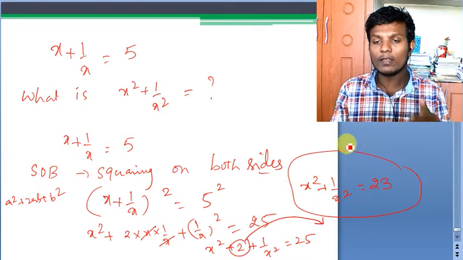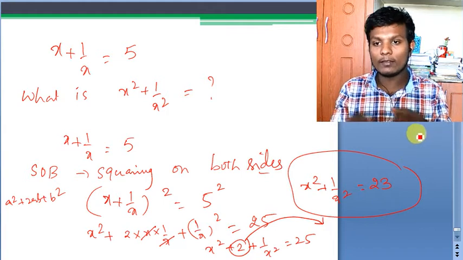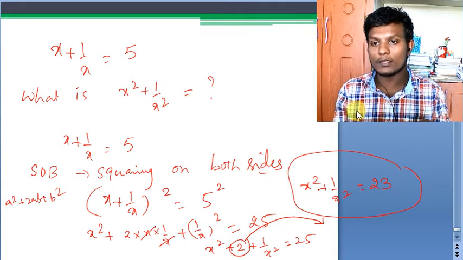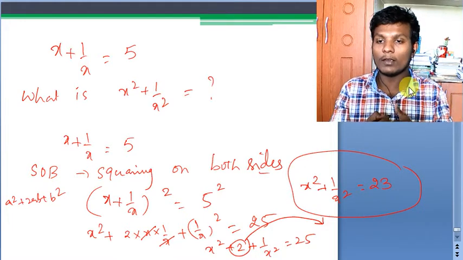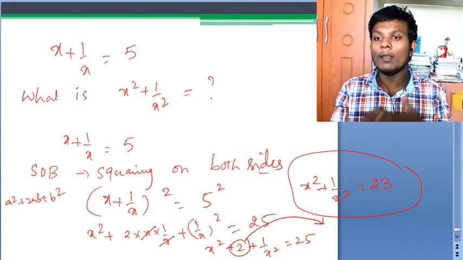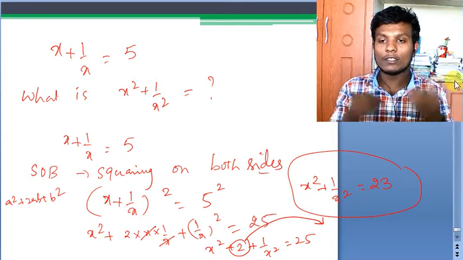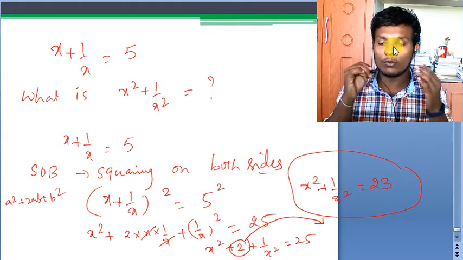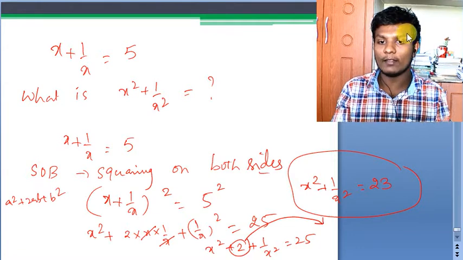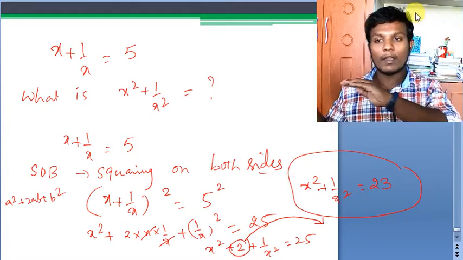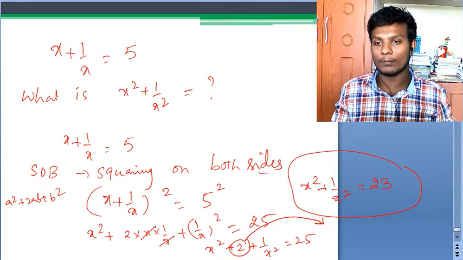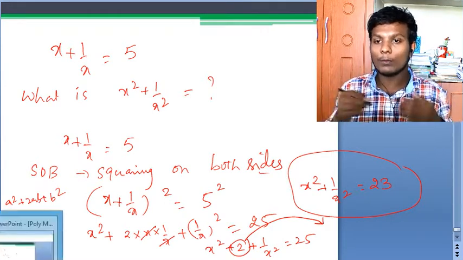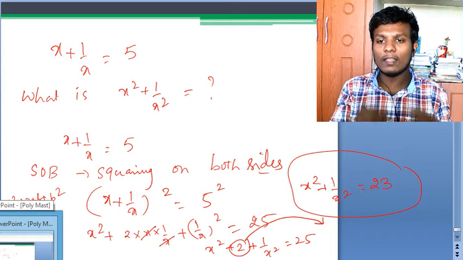So this is how, if you relate these things, it will have a vast application, and a wide variety of questions we can frame using these particular algebraic identities. But it is a matter of practice. We just have to observe the things and listen to what they're saying. Sometimes the expanded form will be given, you have to factorize them. Sometimes the factorization will be given, you have to expand them. So we have to practice both ways. Practice is the key in these areas.